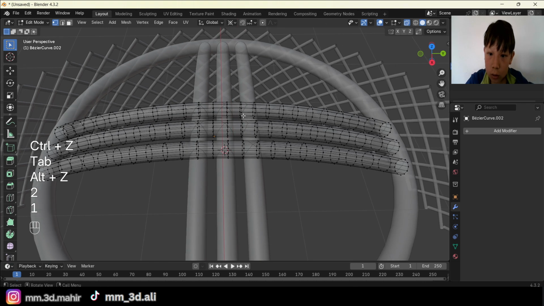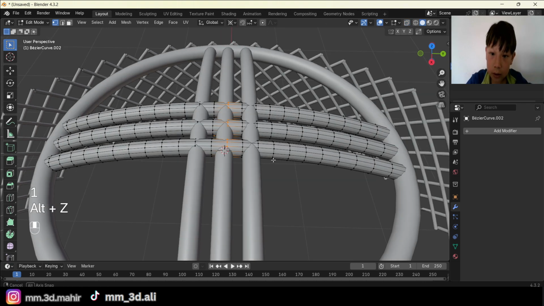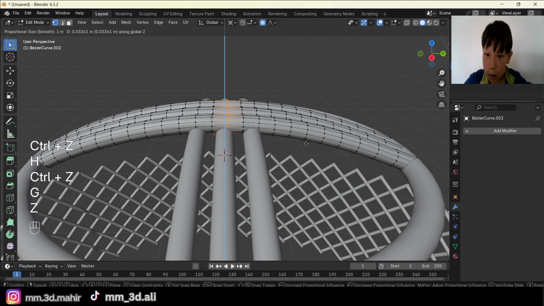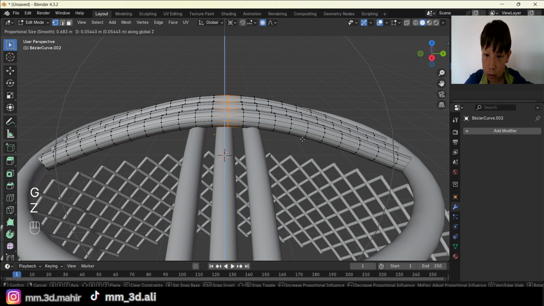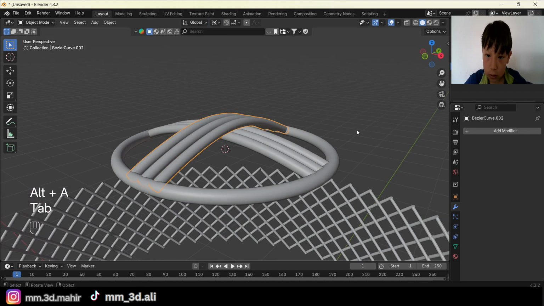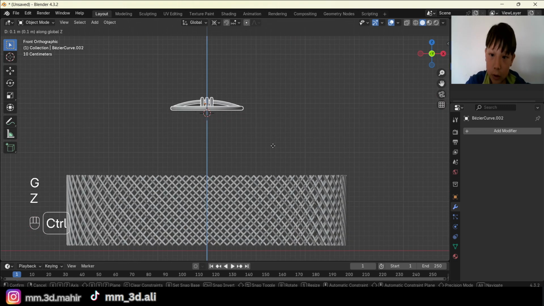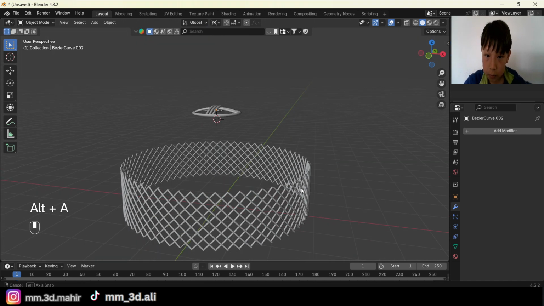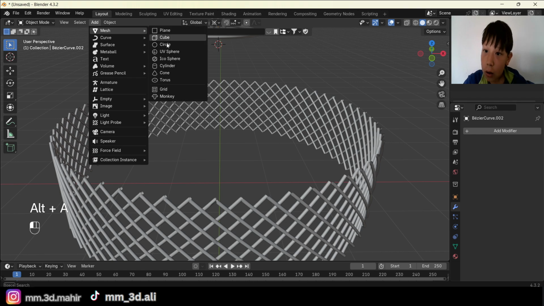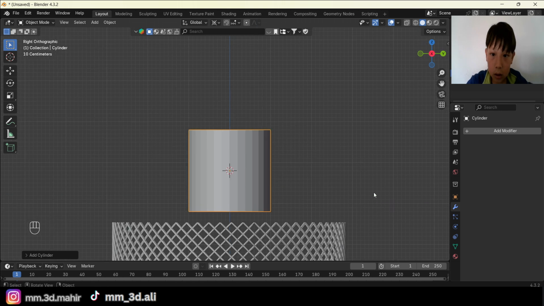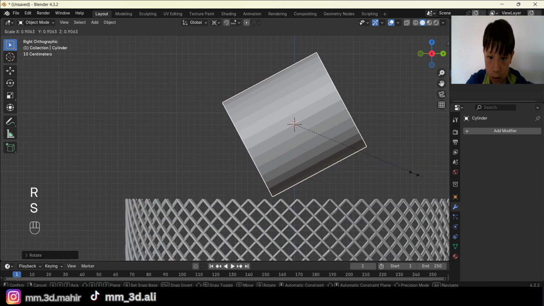Then we are going to go to the edit mode, select these vertices, open the proportional editing, then move it upwards like this, and move it upwards like this. Now we are going to add a cylinder. Then rotate this like this, scale this,